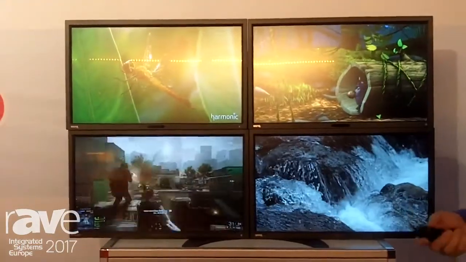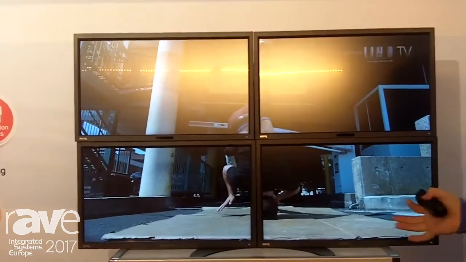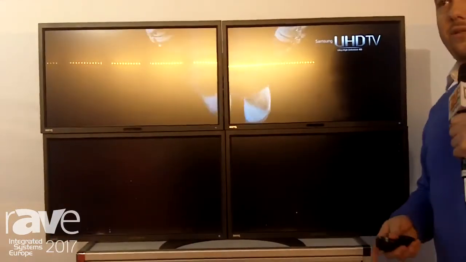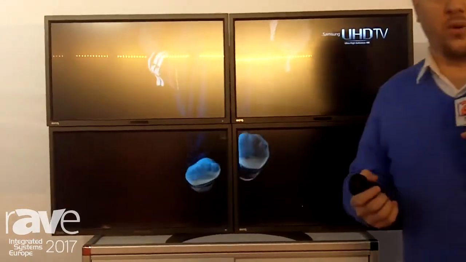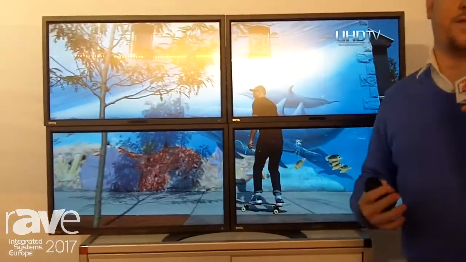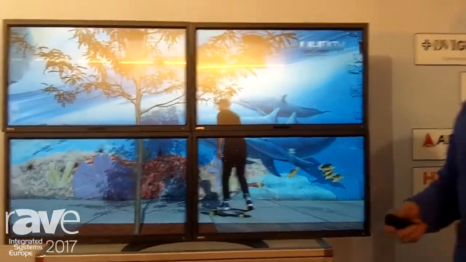However, using the power of SDVoE processing, I can switch this over to suddenly be a video wall. Now I've got a 4K image stretched across 4 displays at its full 4K resolution. One of the interesting things about our video wall processing is that we have perfectly synchronized each one of these displays to the original source device, meaning that all of the displays in the video wall are synchronized to one another. That's very important because as objects, especially high motion objects, move across the screen, without good synchronization, you start to see tearing and jittering artifacts that can really distract the viewer of the video wall.